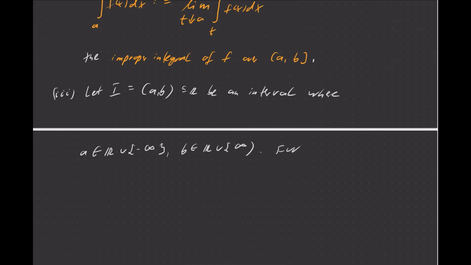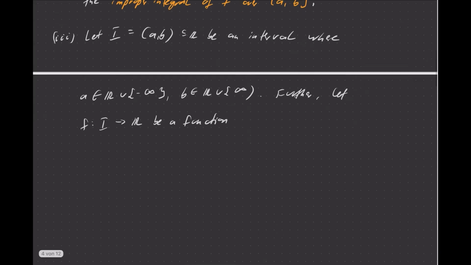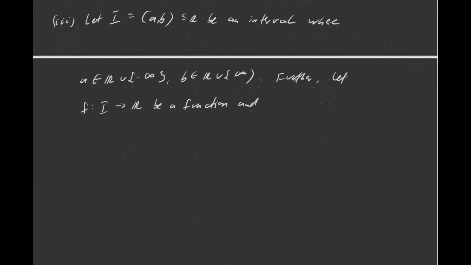And further, let f be a function that is defined on I. And now I could also be the whole real line. And we choose some point that we call t star. Let t star be some point in (a, b) such that